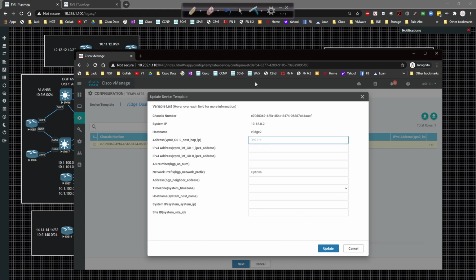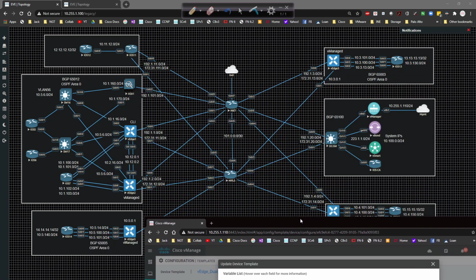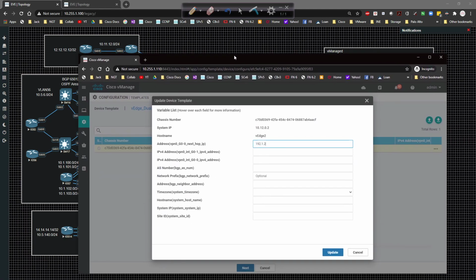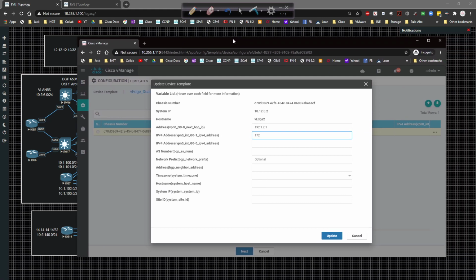192.1. Is it 2? 192.1. Yep. .1. The gig 01 interface will be 172. What is that? 172.31.12.2/24. And then we have 192.1.2.2/24. Then the BGP AS number is going to be 65012. The prefix is going to be 172.31.12.0/24. The neighbor address is going to be